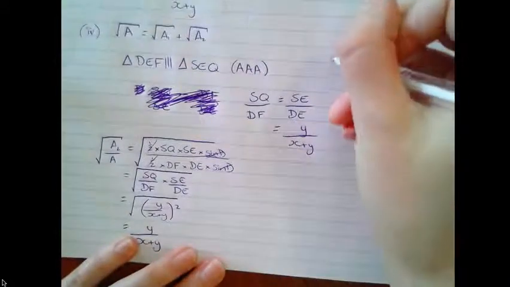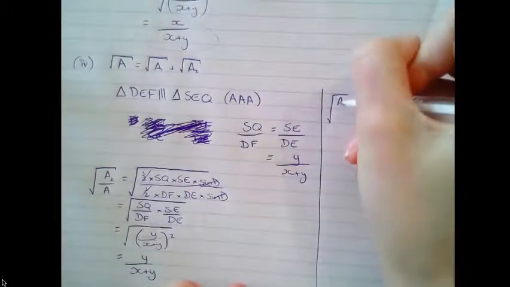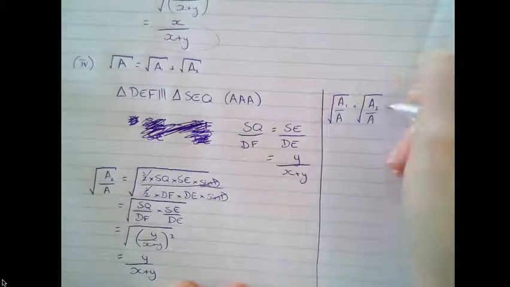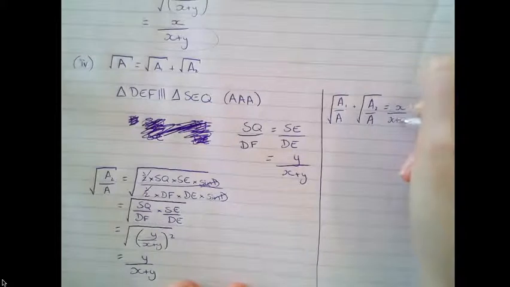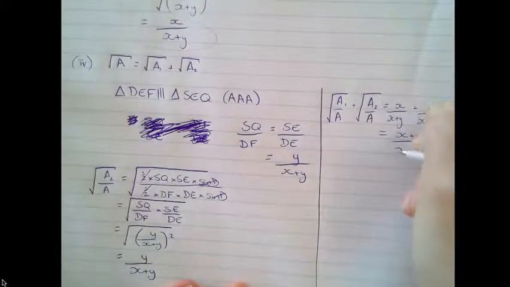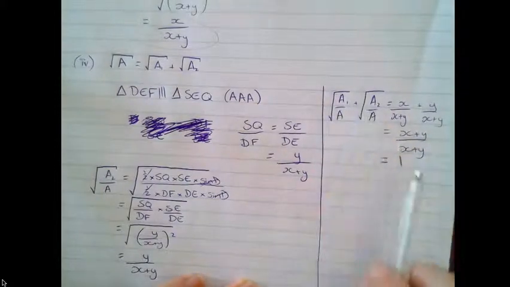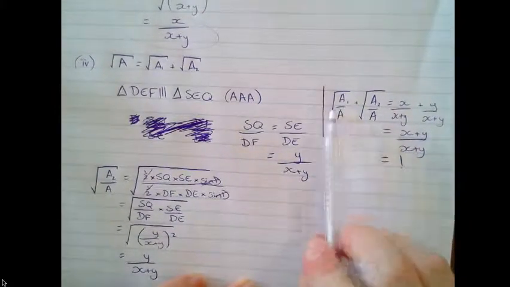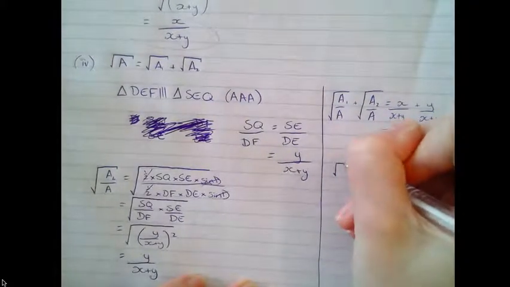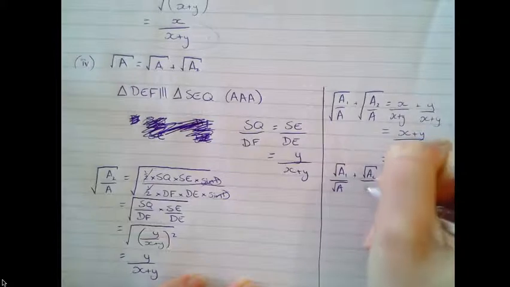So I'm going to squish the rest of the working over here. If I do the square root of A1 over A plus the square root of A2 over A, that's going to give me x over x plus y plus y over x plus y, which would give me x plus y over x plus y, which gives me 1. So that means that this thing added together is 1. Now I'm going to rewrite these. When you take the square root of a fraction, you can square root the top and the bottom separately. So I'm going to write it as the square root of A1 over the square root of A plus the square root of A2 over the square root of A